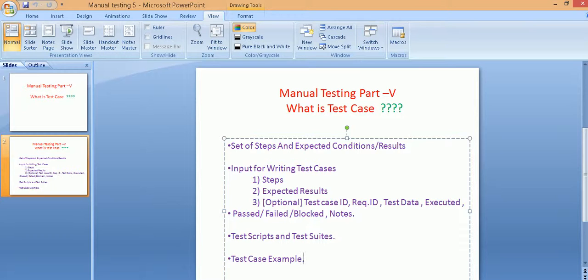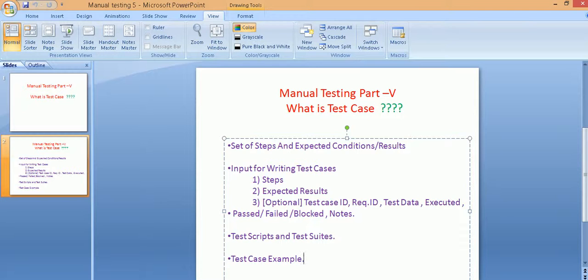It is possible that the test case format in your team or organization also has a requirement ID. The requirement ID will come from the requirement documentation. If you have business requirements, it is common practice to assign unique identifiers to each requirement in order to distinguish them and be able to tell people what requirement you are talking about. So if your test case is to test a particular requirement, you can give that requirement ID also. Again, it depends on the test case template or format that you're using.